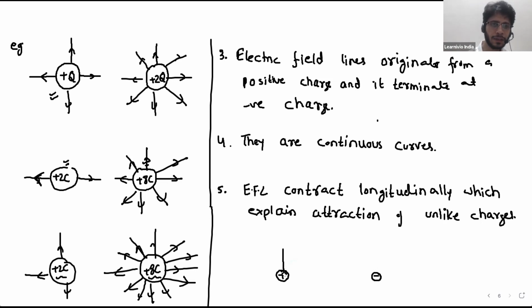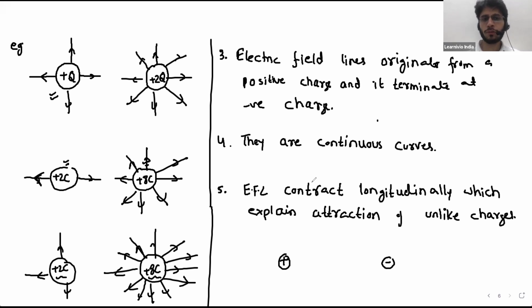But if I bring one positive and one negative charge close, Amalia, what will happen if I put a negative and a positive charge close? They will attract or they will repel? If I put a positive and a negative charge close, then what will happen with them? Amalia. They will get neutralized. Neutralize or they will try to attract each other? Yeah, attract each other. Sorry. They will attract each other. So they attract each other.